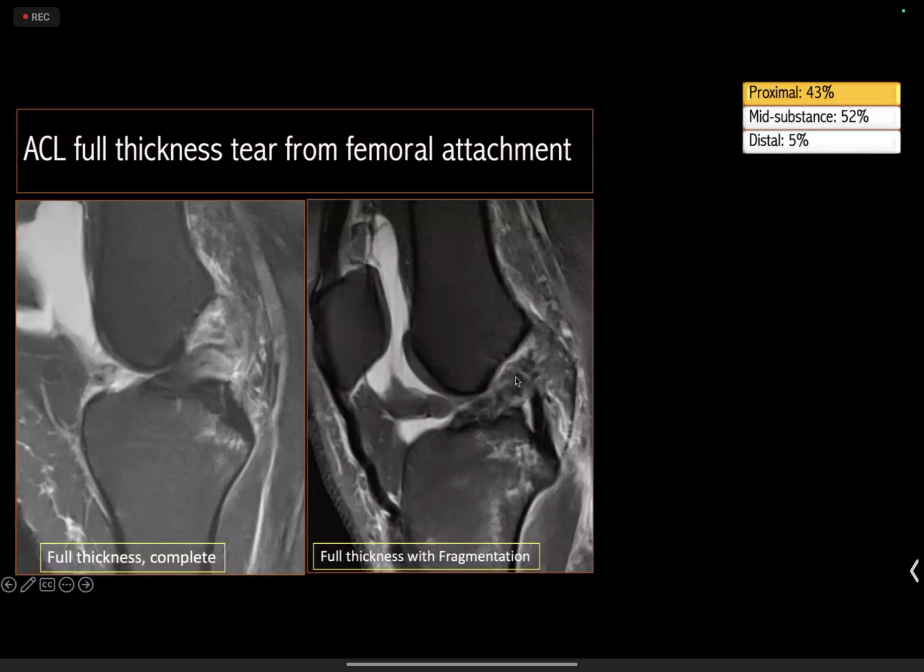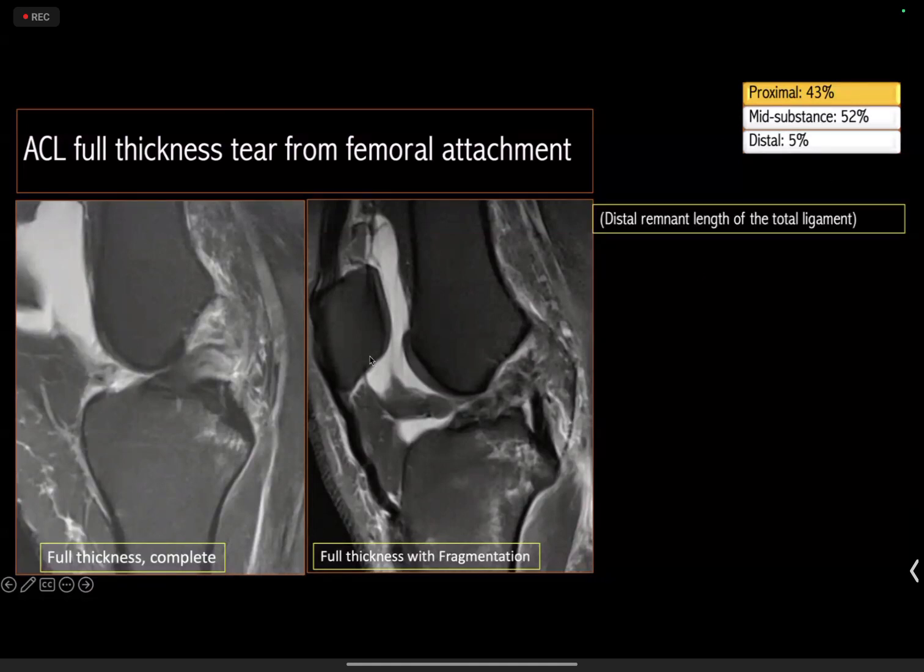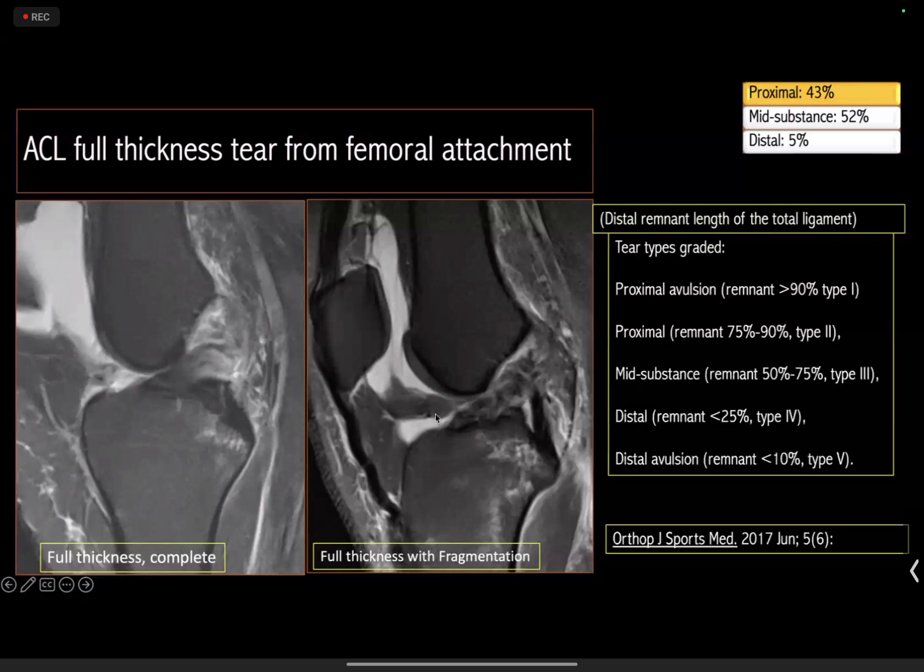So once we understand that we are utilizing the sagittal plane, we would be trying to appreciate what is that ligament part which is torn, and based on that we need to give the information of the distal remnant length of that total ligament. If you are dealing with an arthroscopy surgeon, he or she would be asking information about the length of that remnant ligament. And this is important because the arthroscopic gradings are based on how much is the length of